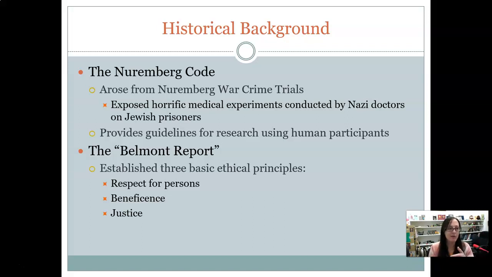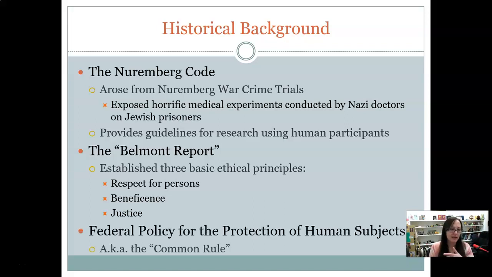And so then the Belmont Report translated into the Federal Policy for the Protection of Human Subjects in 1991, which is now called the Common Rule, because people don't want to say the Federal Policy for the Protection of Human Subjects, because that's a big mouthful. So that's become the Common Rule, and that's what's still in effect today. Basically it takes everything that the Belmont Report had in it, and they clarified some things and added some things, but that's now the Common Rule, and that's what we have in terms of our ethics requirements today.